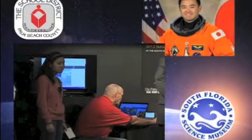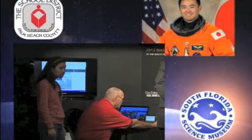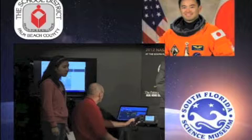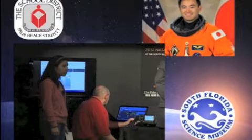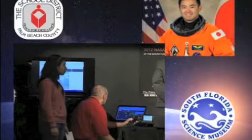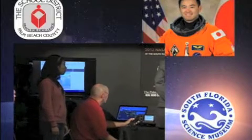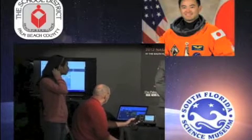In microgravity, that doesn't happen. So if you have something that is very dense and something that is not that dense, those things will melt together. So you can create new materials by melting materials and then trying to solidify it in microgravity. That kind of thing you can't do on the ground. And also you can look at